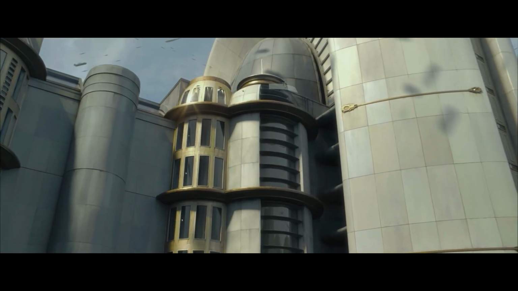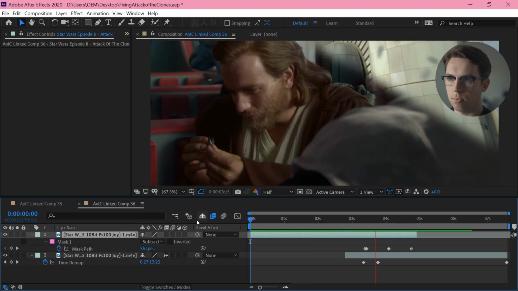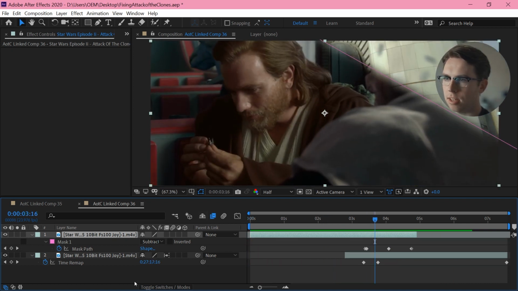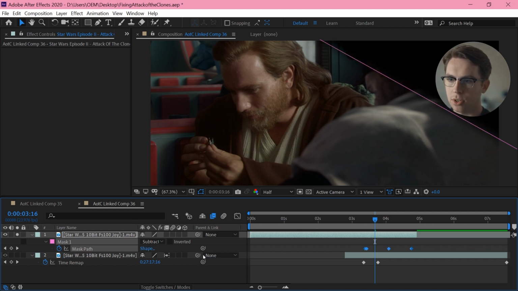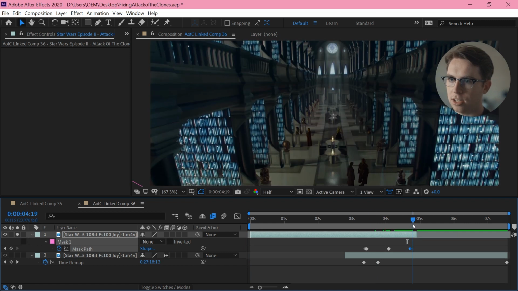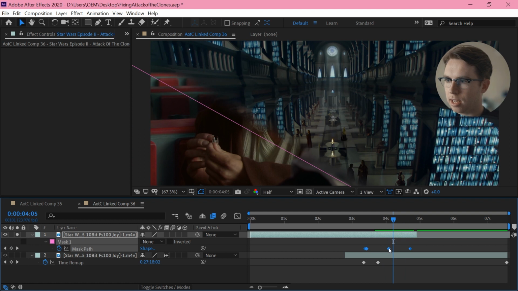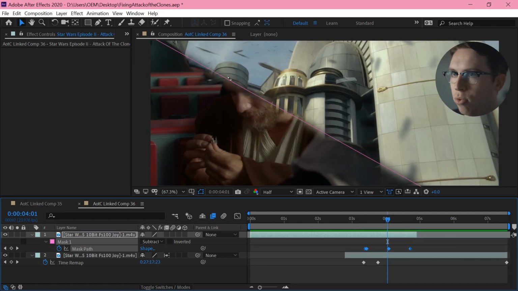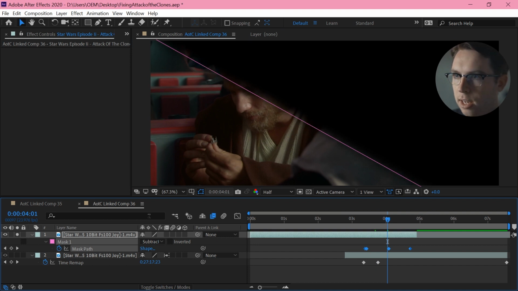Shot 36. Another transition, just a diagonal wipe. Now the way I've done this is with a mask, actually. So this original footage here, this is where the diagonal wipe comes from, and then I just animated a mask to follow that. I would have animated it on the frame, on the line, and then I've moved it back over by a couple of frames. And with that set to subtract, I'm removing all of this area.